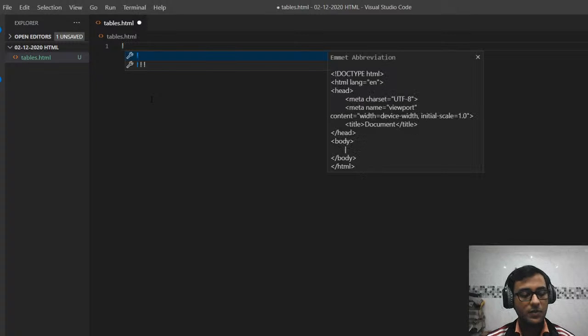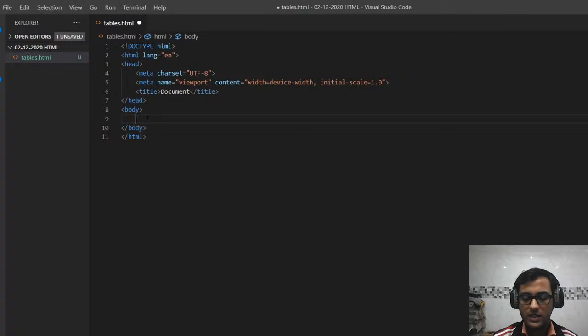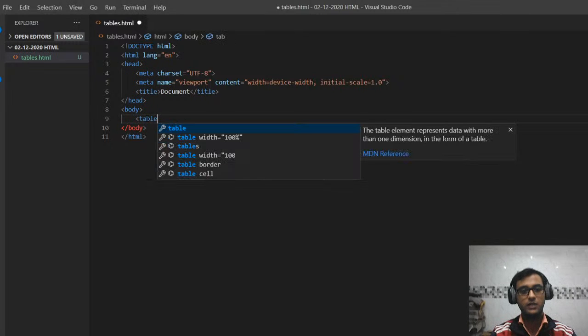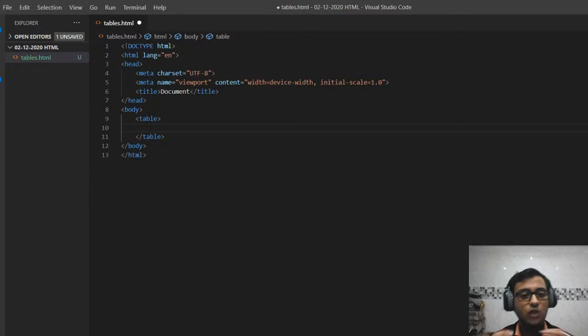Just after pressing shift+1, it shows our boilerplate code for HTML5. So just after this, please press tab. Here I can use a very simple example for making a table. First we make the table tag. It is the main tag for the table